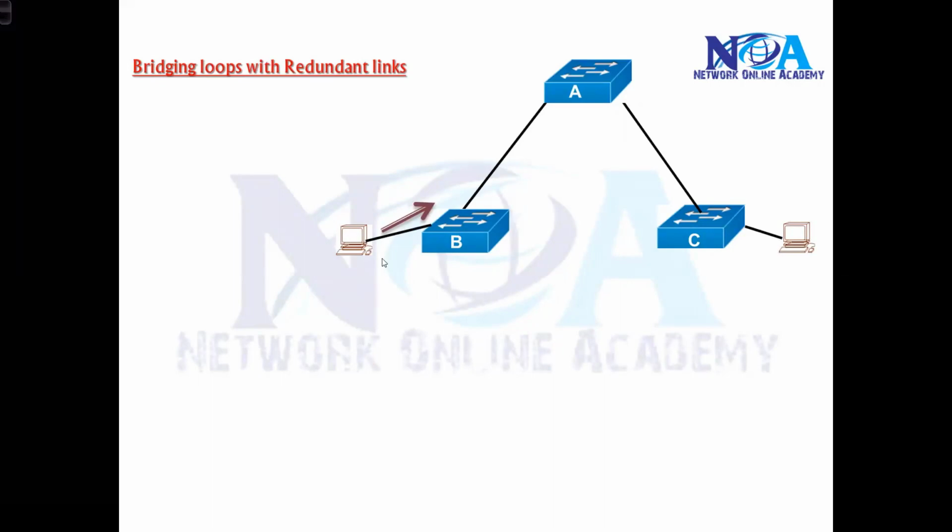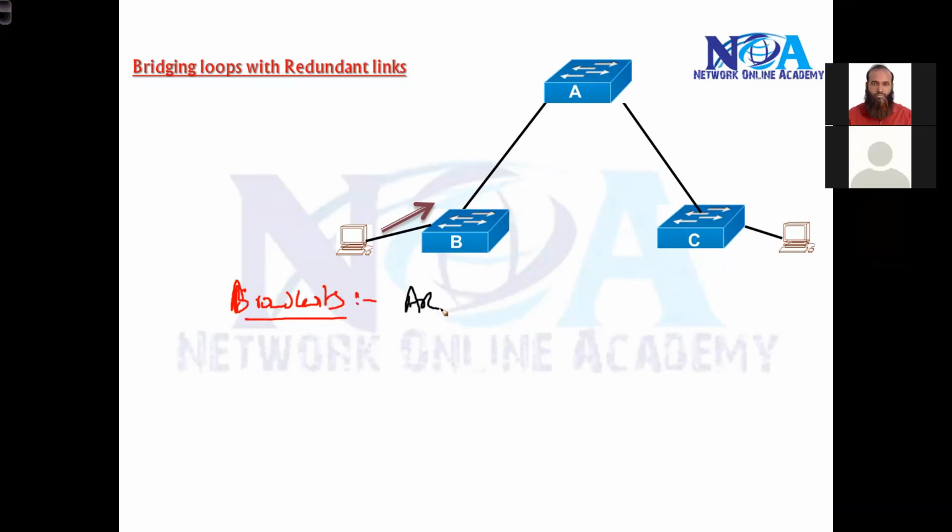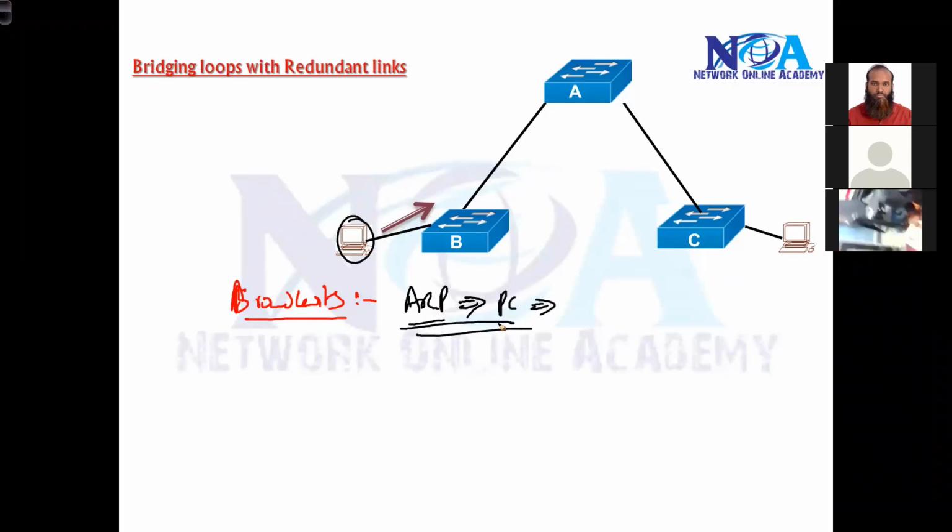Broadcasts do occur in your network, generally in cases like when we use the ARP protocol. Typically an ARP broadcast is sent when the PC doesn't know the destination MAC, so there is an ARP request which will be broadcasted.